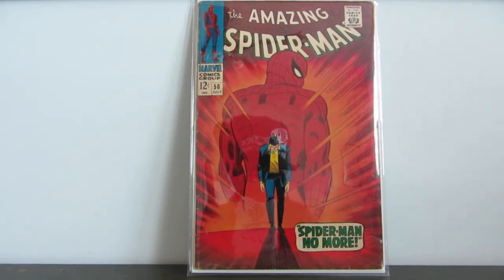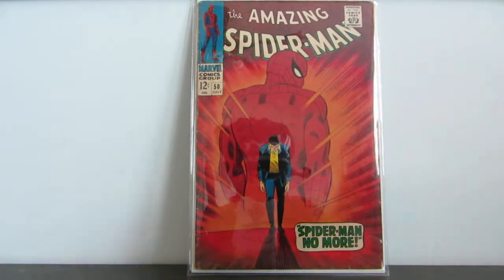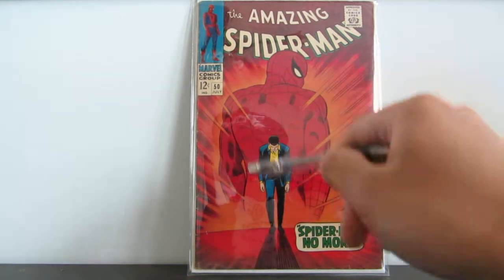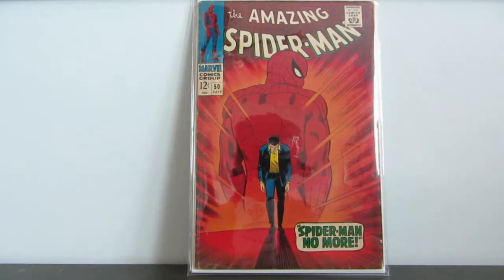So this book right here, I paid $125. I bought this book the same day as this video. The reason I'm making this video: I bought this book, it looks really nice, I never had it before. It's like a VG, but I just thought I'd show that. And the reason I'm making this video is really just for historical documentation, because I just got so much good stuff that I felt it was necessary to make this video and show you what I got. So without further ado,